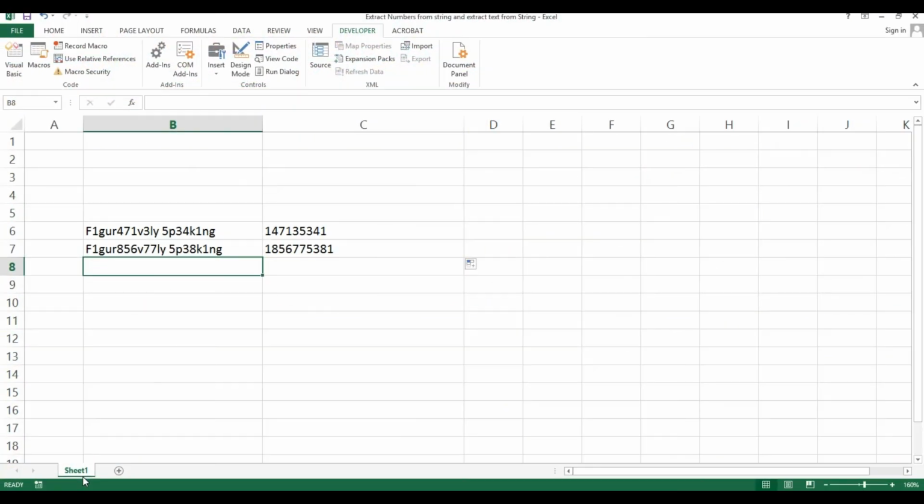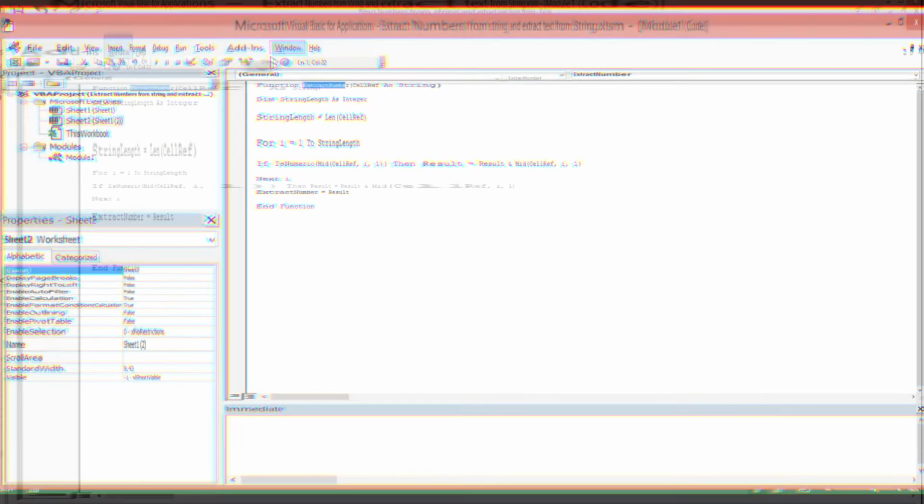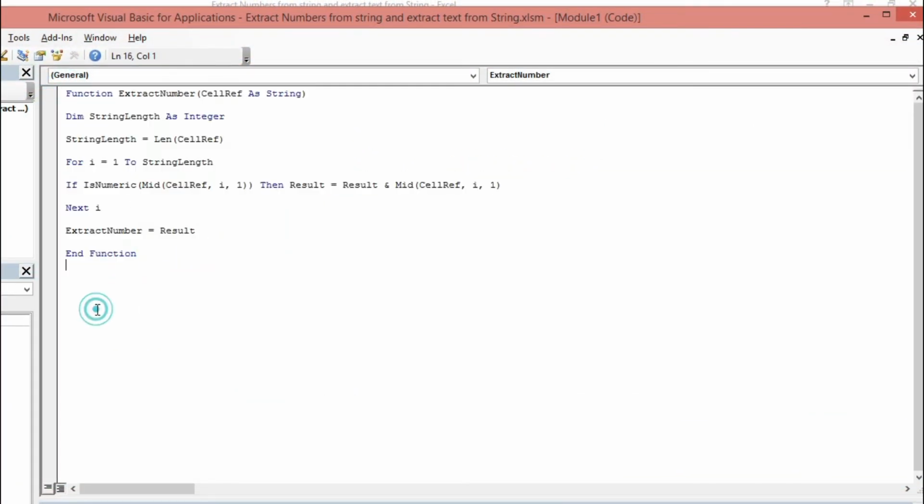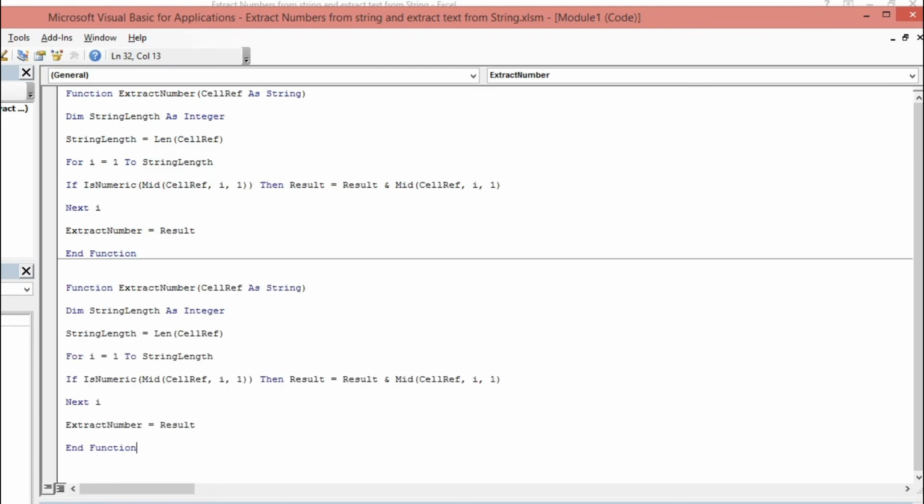Now, instead of the number, we will extract the text. Okay, again we will go to our VBA editor, Alt F11. We'll just copy this one. Instead of ExtractNumber, we'll replace it with ExtractText here. Then instead of IsNumeric, we will change to